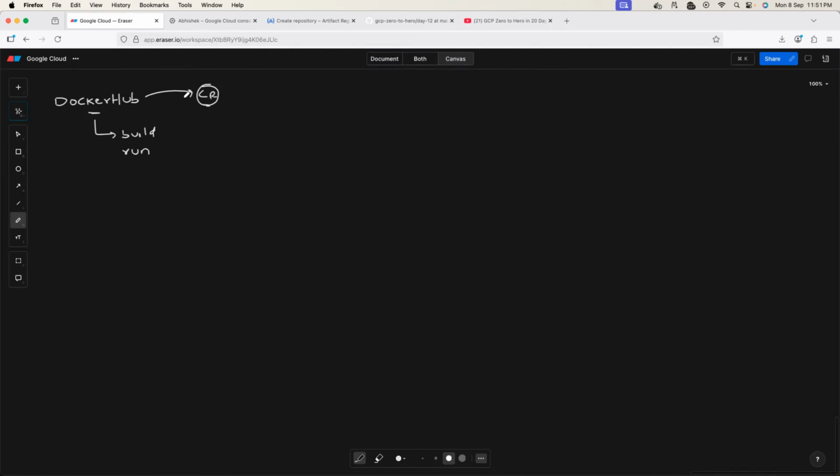In fact, it is true. 99.9% of DevOps and cloud engineers, when they started learning containers, must have started using Docker Hub. Because with Docker Hub, you can create a free account, and on Docker Hub, you can create n number of public repositories. I'm not certain about the limit at this point, but you can create multiple public repositories, and within each repository, you can save multiple versions of your public image. This is one of the reasons you might find a lot of open source projects still host their container images